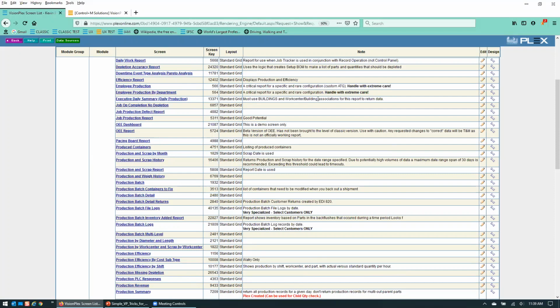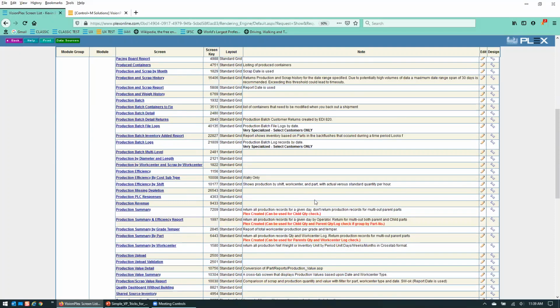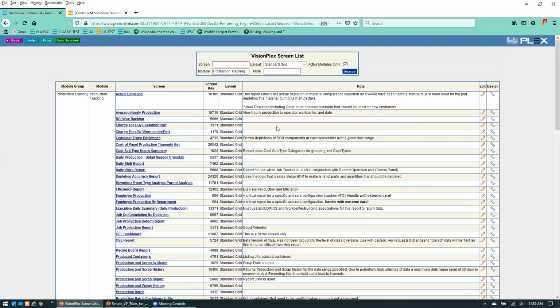Plex does leave notes on things when things are published like this. Very specialized, select customers only. So to avoid confusion, these sort of comments help us determine what's actually going to be worth pursuing to see if it's maybe something you can adapt and utilize. So these comments I found are pretty helpful over time. In this particular case, we just want to look at the daily shift report. So we're going to click into the daily shift report,